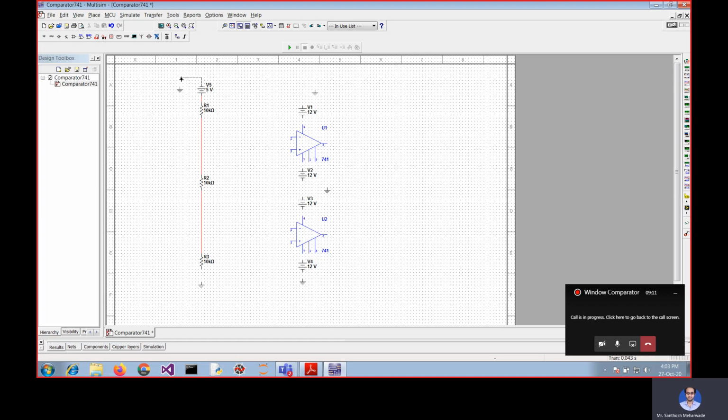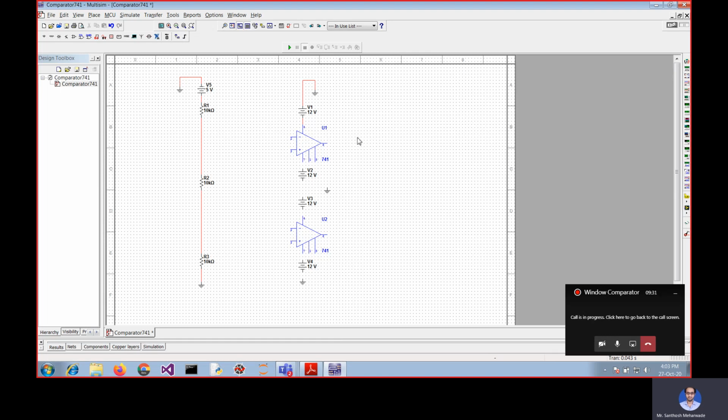This is connected. Okay, this is connected like this, and this will be connected like this. This will be connected like this. You have to click, and it will take the turn.